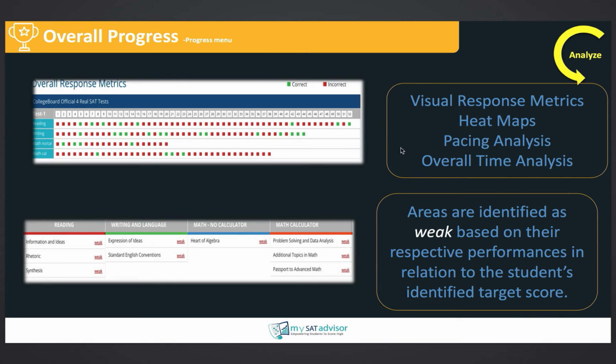So my favorite example is reading comprehension. Reading passage after passage for almost an hour, it's wearing on the mind. They start daydreaming, they get a little drowsy. And if you see, for example, in your reading metric that you have a lot of red dots in the middle, then that might be a way for you to think to yourself, okay, something's happening in the middle of the exam where I'm getting a lot of questions wrong.